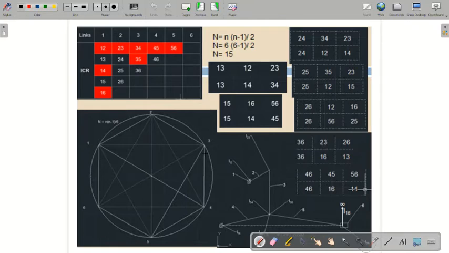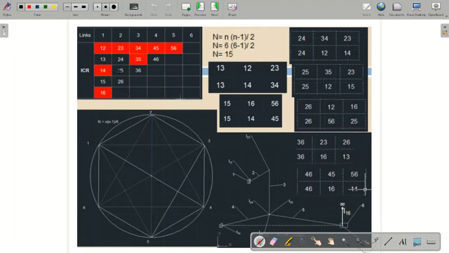See these dark lines. All these dark lines represent the instantaneous centers which can be identified easily. That's what I have mentioned in red color. Those centers are very easy to identify and they are also called fixed centers, otherwise permanent centers. That's why I have given red color. But in the examination you don't need to give red color. You just put a tick mark after finishing every center.